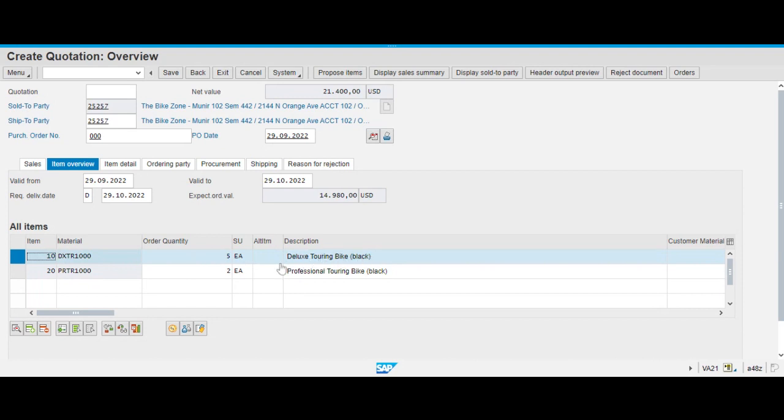How to give a discount in SAP? Basically, we know that the discount is 3,000 minus 50 is 2,950, but how to give a discount for this customer in SAP? Select a row, because we want to give him a discount only for this product, deluxe touring bike. How to give a discount? Select that product by clicking the whole row and then clicking on item condition,